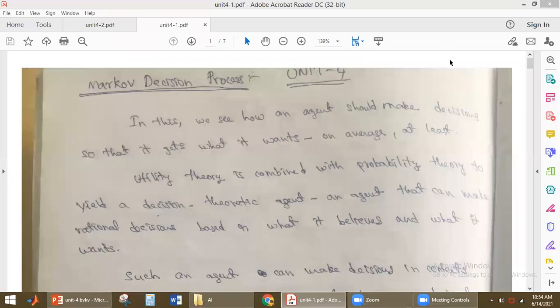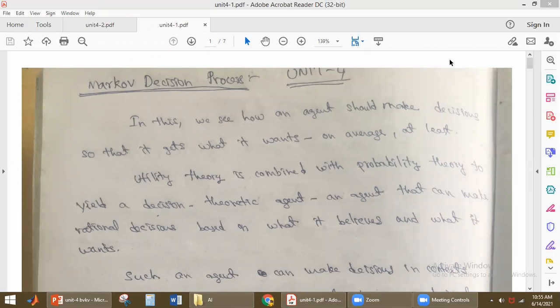Unit 4. Here we are going to take how the agent will take decisions in an uncertain environment so that the agent will be able to take whatever it wants. So how the agents are taking the decisions, that is the main topic here, students. So here in this particular chapter we are going to discuss